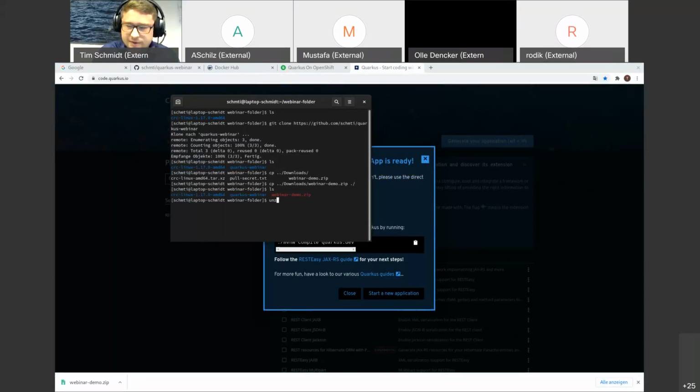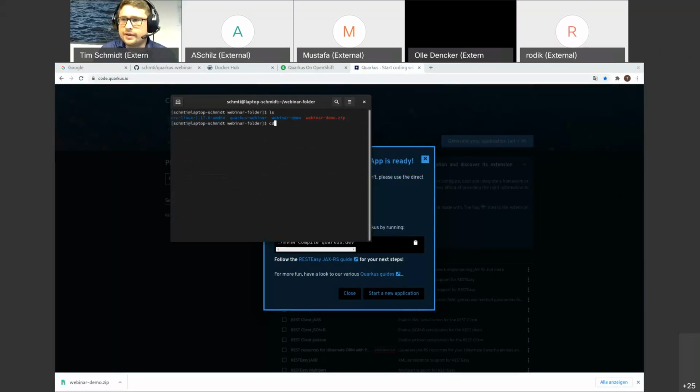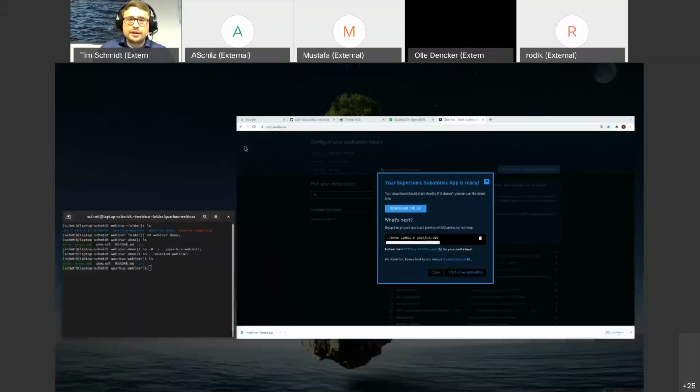Now we unzip it, I think that is self-explanatory. In the webinar demo, you see the standard scaffolding for your first application. You have your Maven POM.xml, your README, and your first sources. So I'm copying them into our repository. And I will show you how easy it is to start